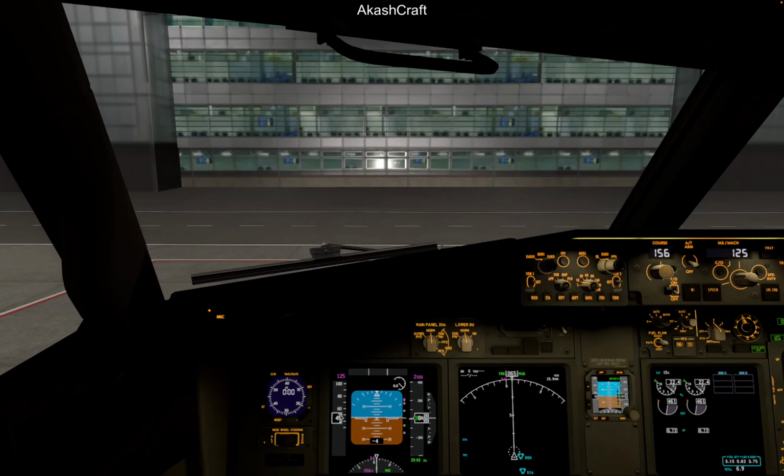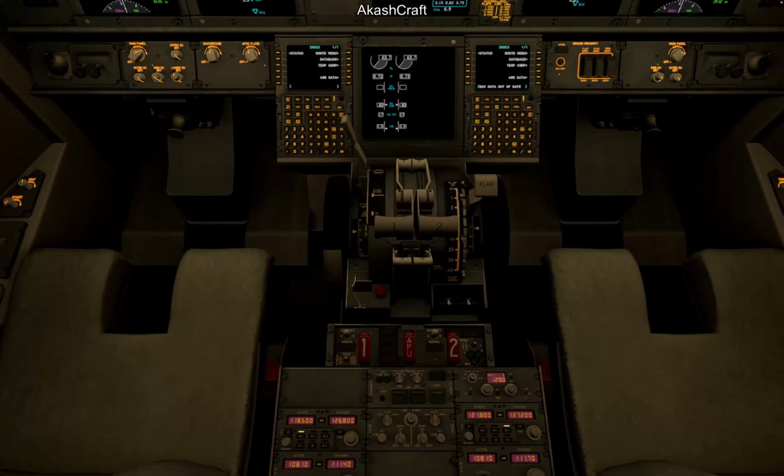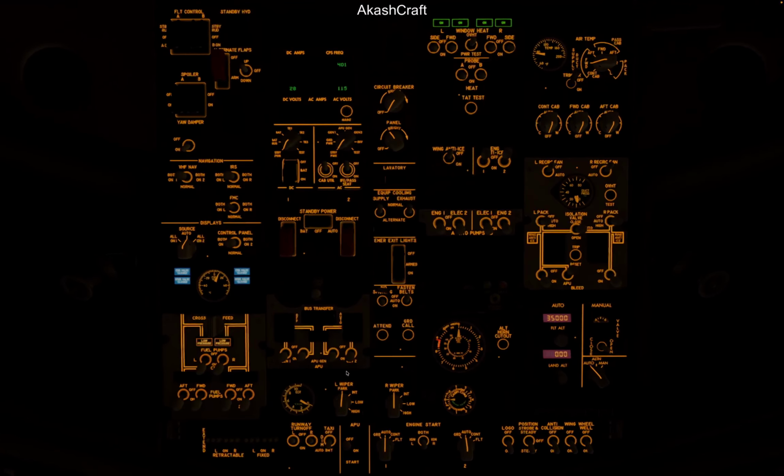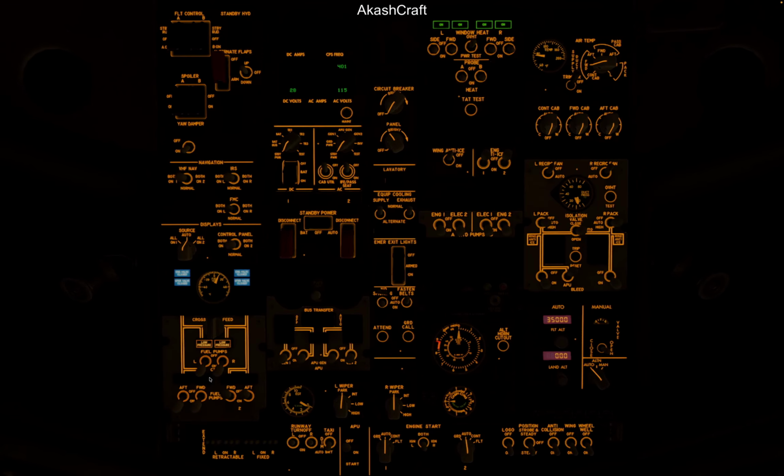To shut down your aircraft, it's pretty much the opposite of episode 2. We start by cutting off the fuel supply to cut off. Then we turn off the fuel pumps, the generators, the hydraulics,